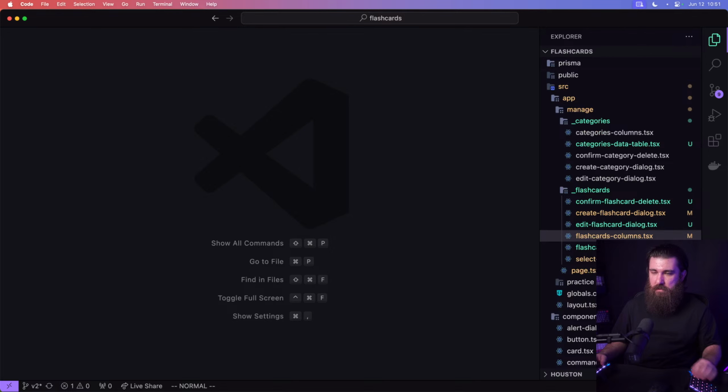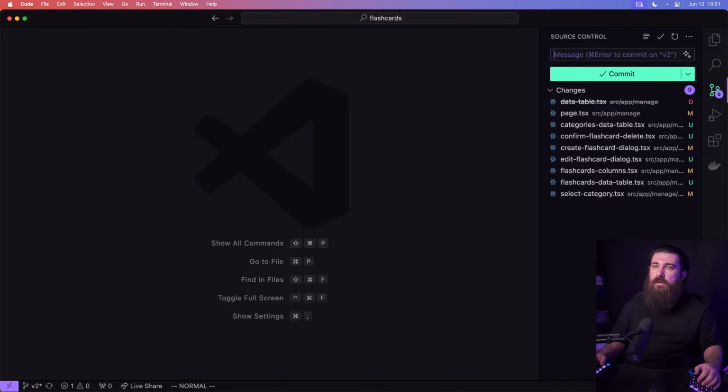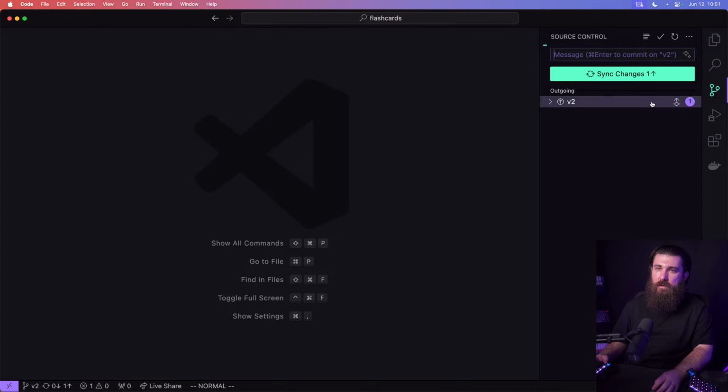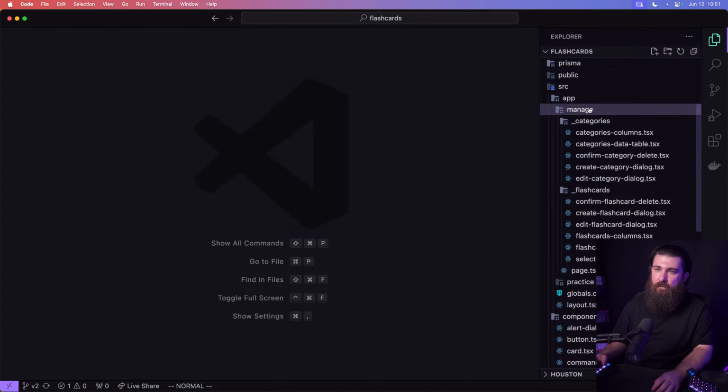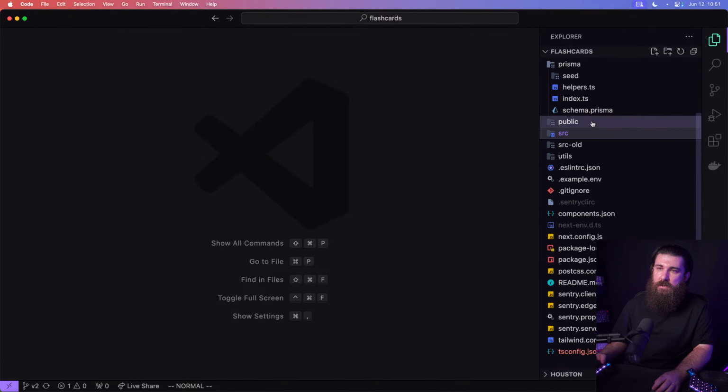As I mentioned, first I want to save some progress. Finished manage UI. So that's what happened there. V2 is the branch that we're working on in the repo. So as I mentioned, we're going to be using